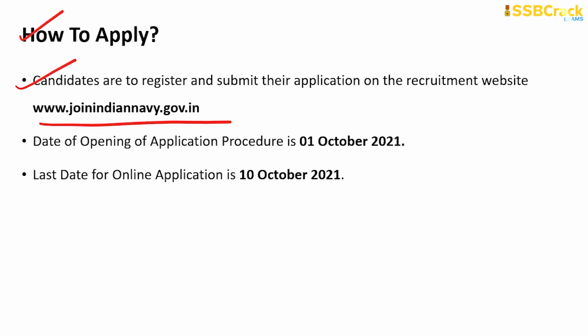The application will start from 1st October 2021 and it will continue till 10th October 2021. So the opening of the application is 1st October 2021 and the last date for submission of online application is 10th October 2021. So please make a note that you have these 10 days, and try to fill up the application form as soon as possible. To save time during the application submission window, candidates can fill in their details and upload documents in advance under their user profile. The procedure for applying online is explained in the official notification which you can get hold of through the official website of